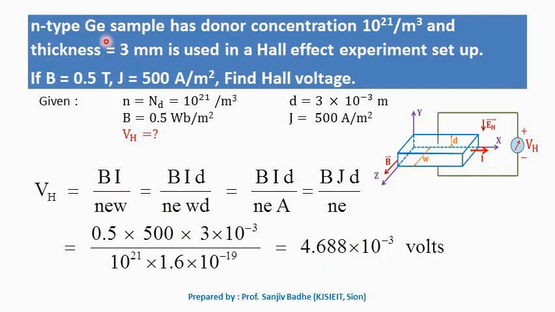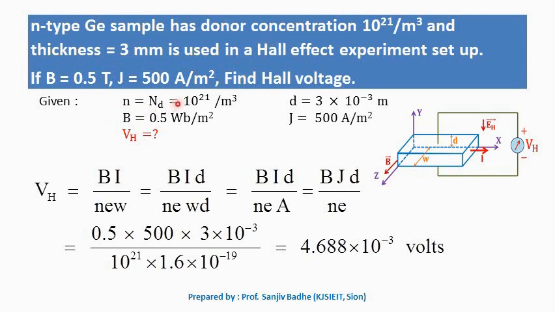An N-type germanium sample has a donor concentration of 10 raised to 21 per meter cube and a thickness of 3 millimeters, and is used in a Hall effect experimental setup. If B is equal to 0.5 Tesla and current density J is equal to 500 ampere per meter square, find the Hall voltage. So here, it is an N-type semiconductor, so the concentration of electrons will be equal to the concentration